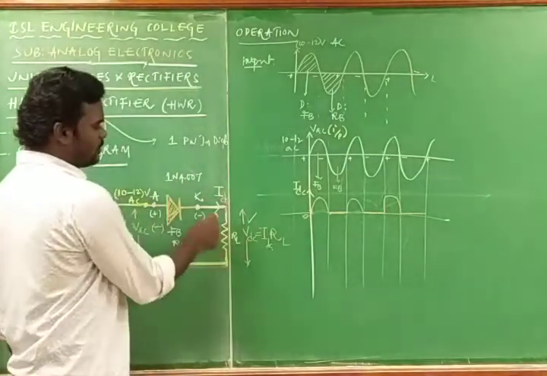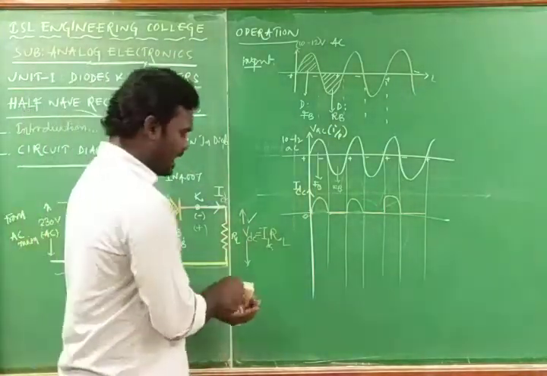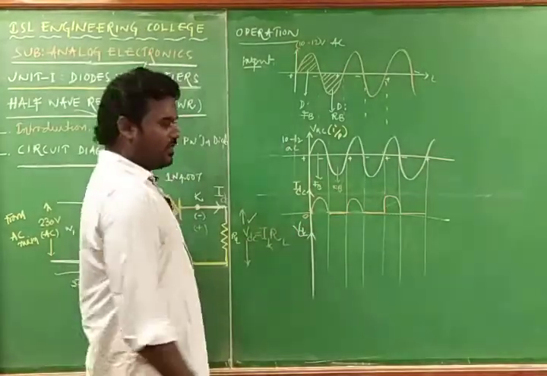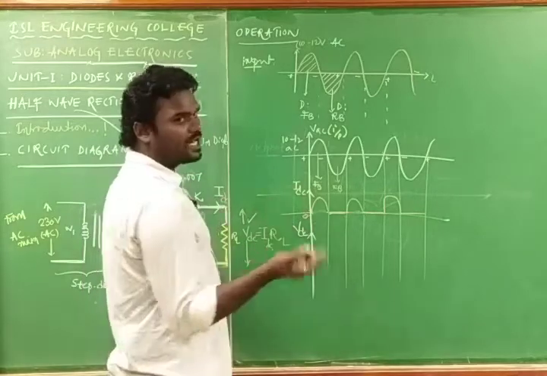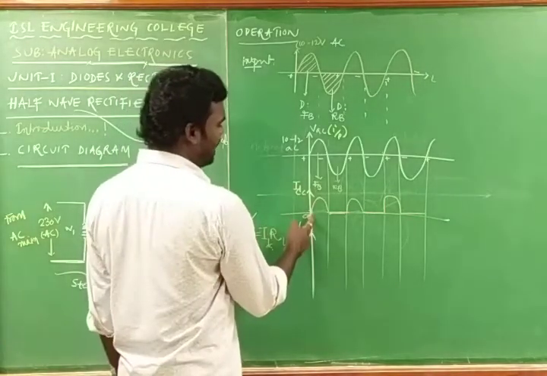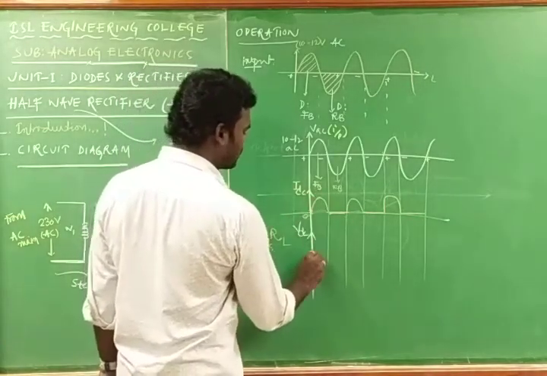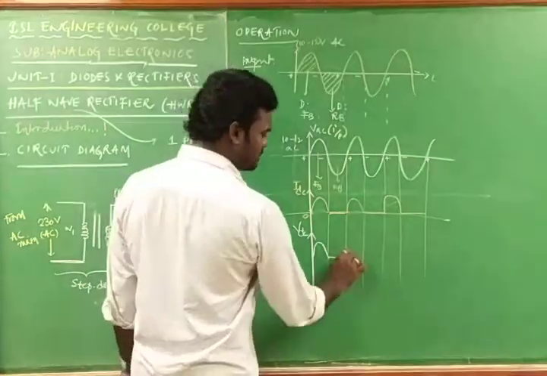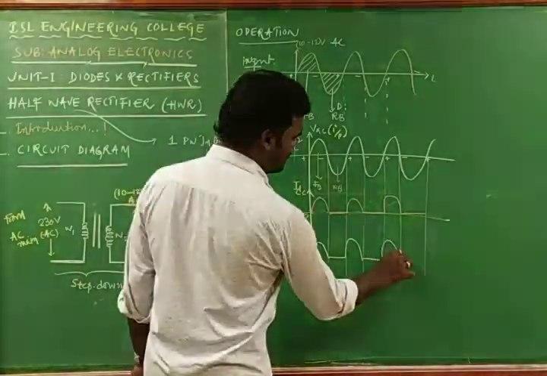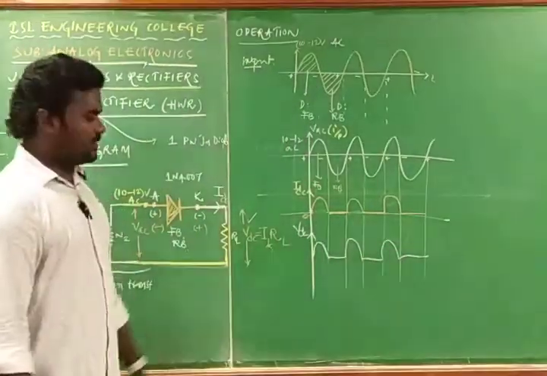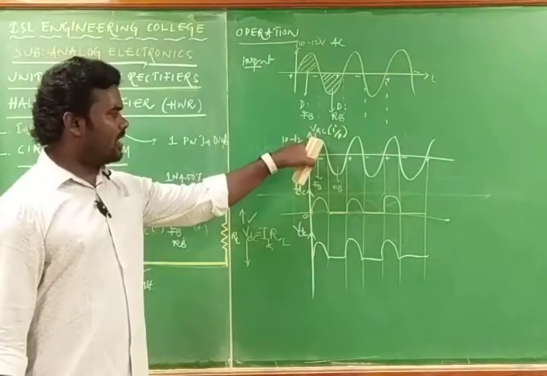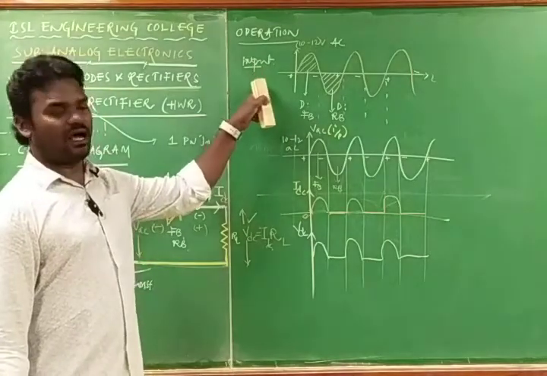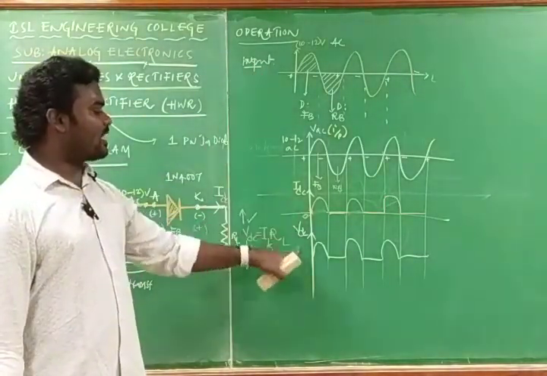We are getting two outputs, one is current, another is voltage. Now this is VDC. From Ohm's law, V is directly proportional to I. As I increases, V also increases. There is no I means there is no V. Like that it can have the output. This is the input, VAC, the AC signal applied as input for the half wave rectifier. Output will be either current or voltage.